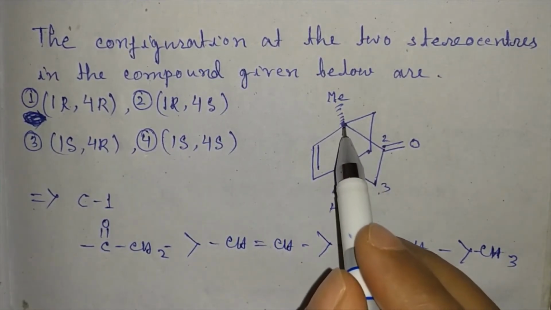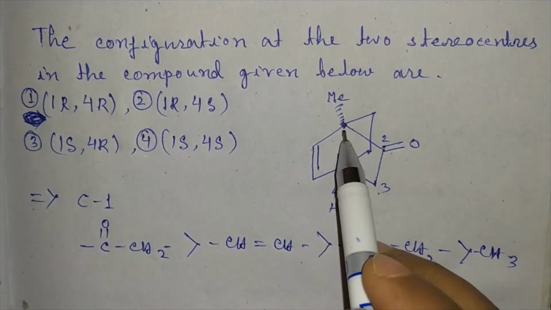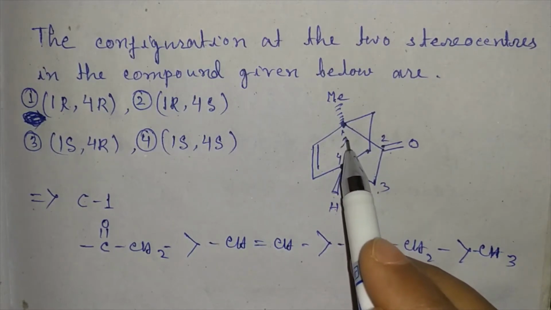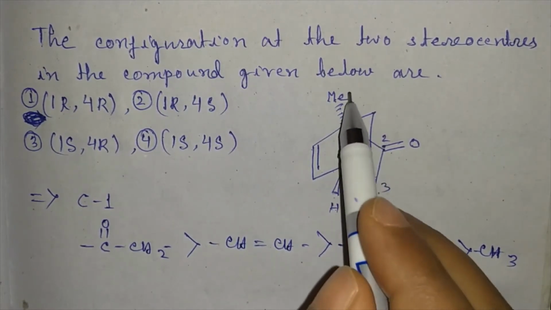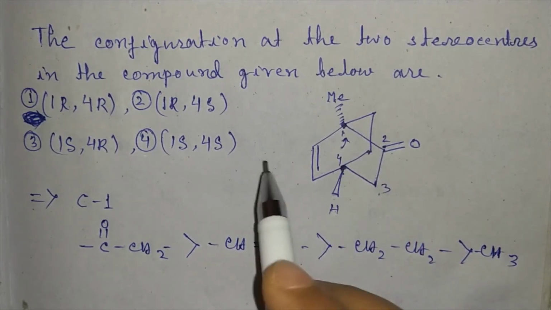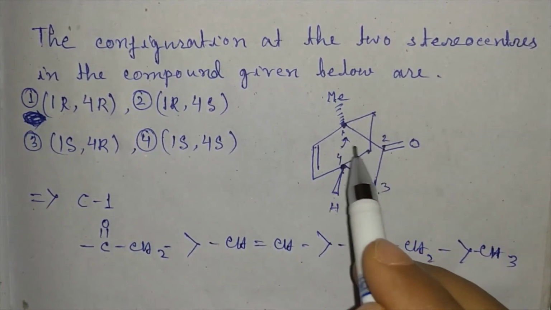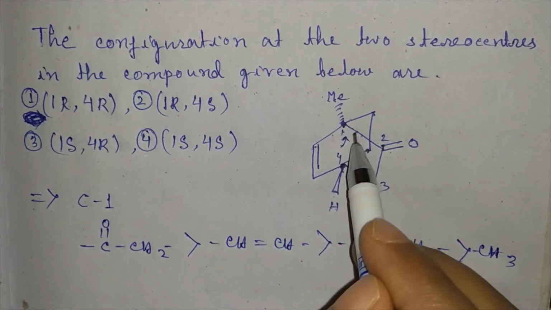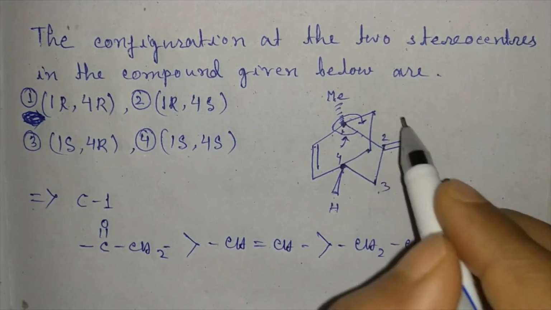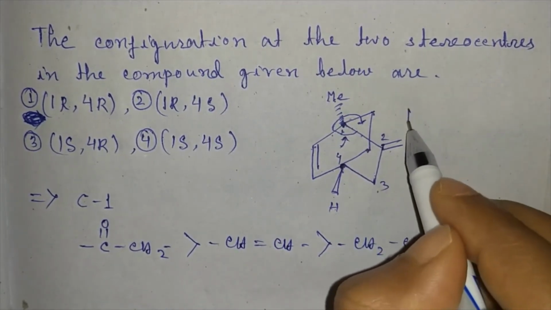So according to determine the RS configuration, we have to keep the lowest priority group away from our eye. So if we see this molecule in this way, then the CH3 is away from our eye and our eye is rotating. So this is 1, this is 2, this is 3. So our eye is rotating 1, 2, 3 in clockwise direction. So the stereocenter 1 has configuration R,